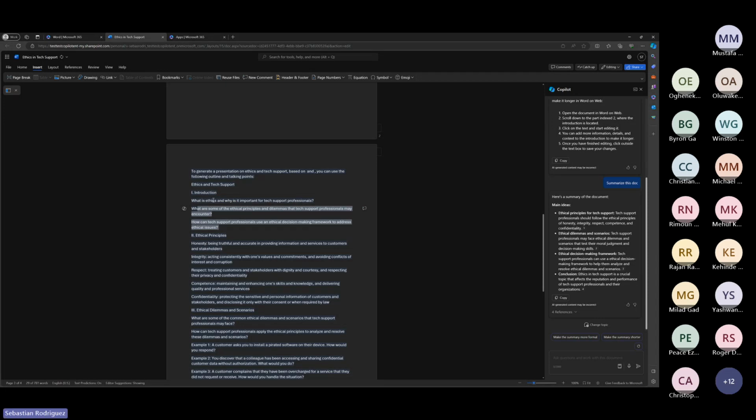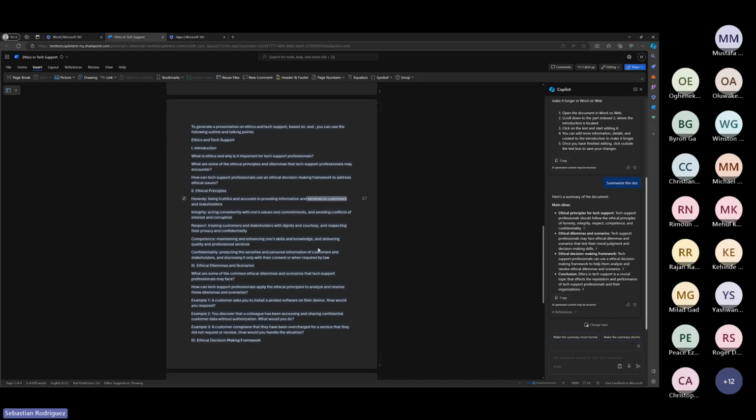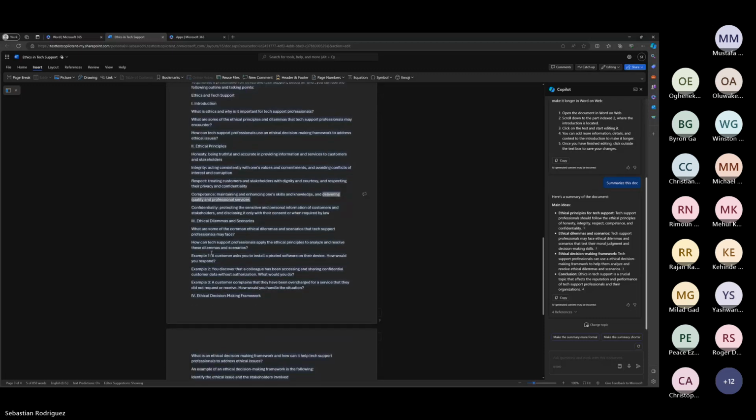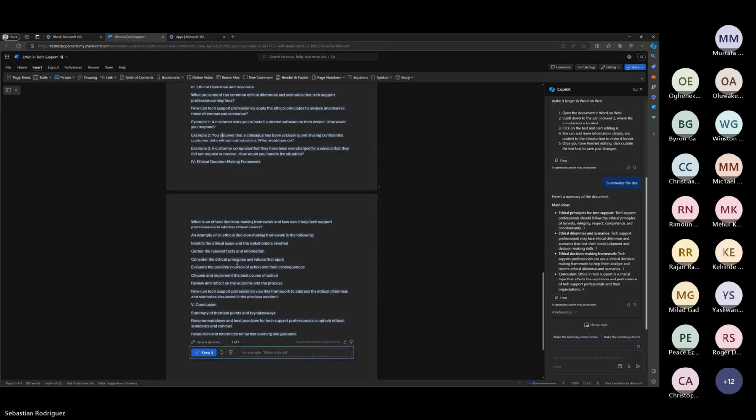Here we can see more references about, for example, the decision-making frameworks, about commitment, about service to customers and stakeholders, delivering quality and professional services, which are discussion topics that are part of that other document, right? And even if we didn't have content specifically like this in the reference documents, it's giving me more grounded